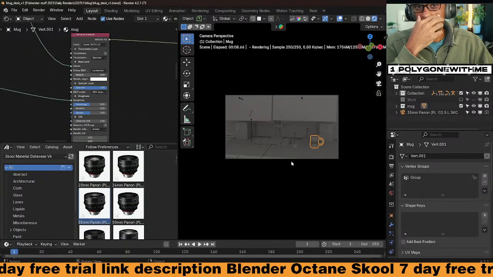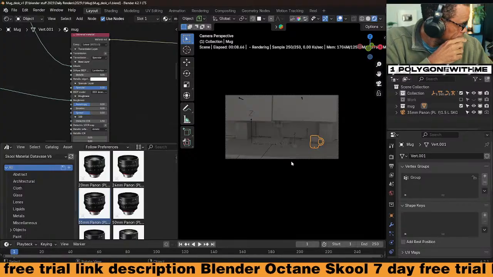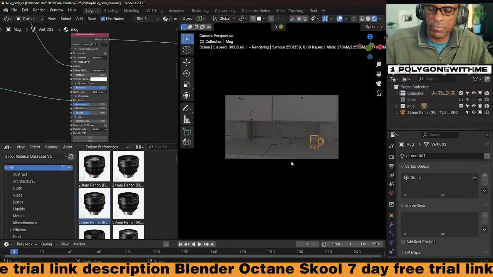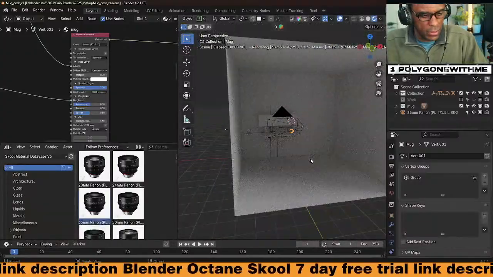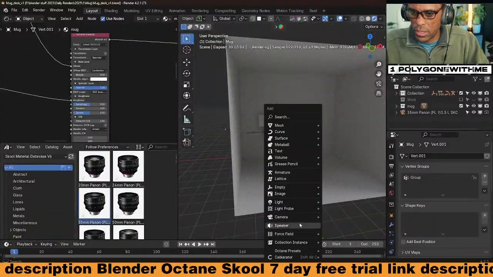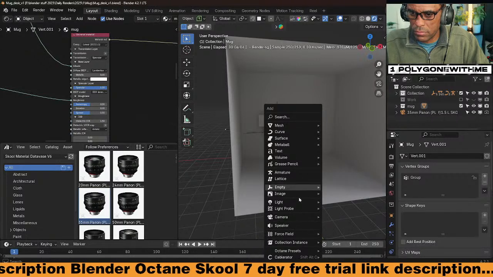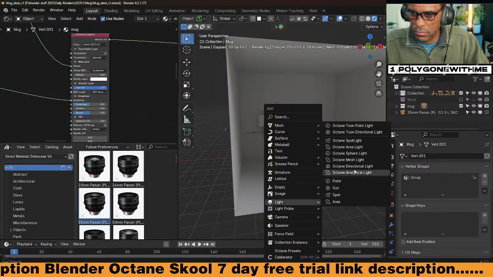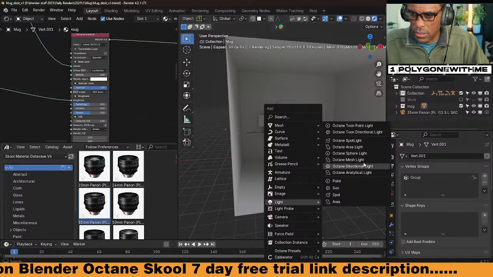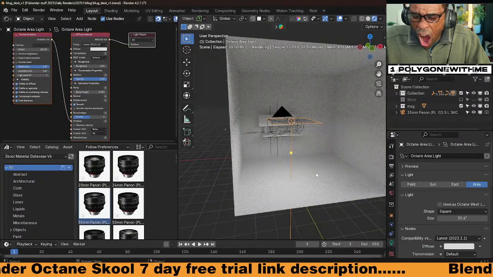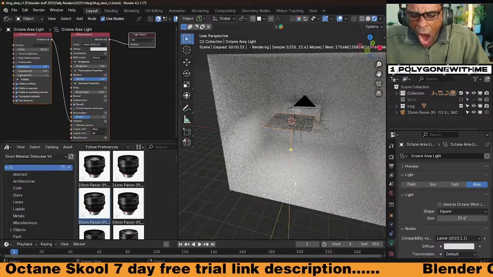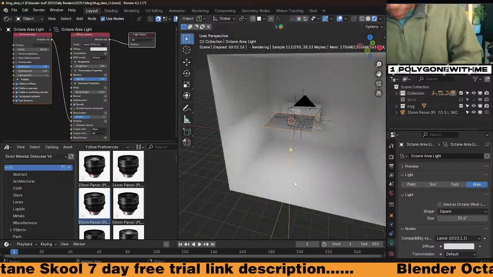But for now, let's throw a light in here. Let's get an area light. So we measure this light.